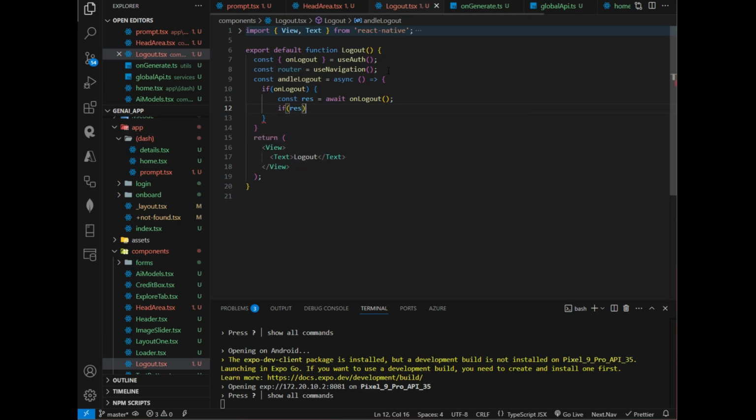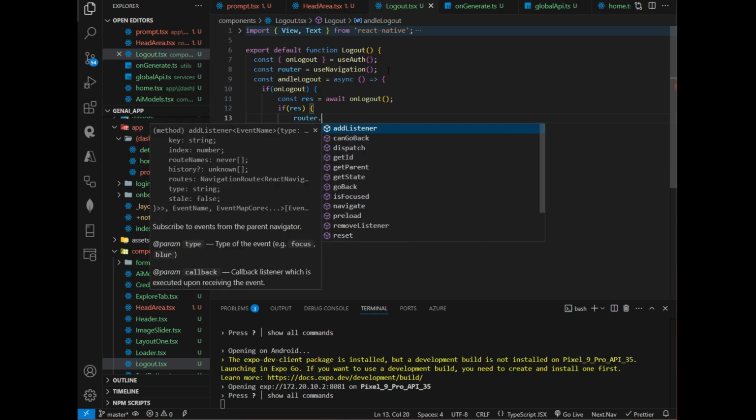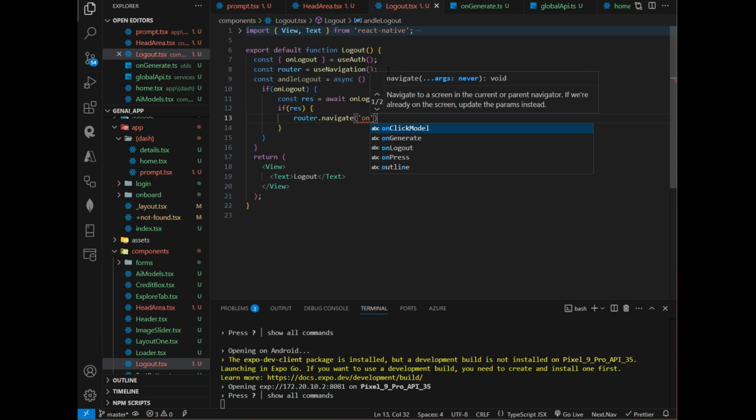If response, say router dot navigate to onboard